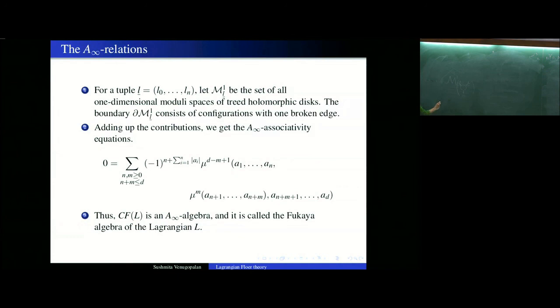And if I look at the boundary of this guy, now the boundary is exactly what I said we would like to have. It consists of configurations like